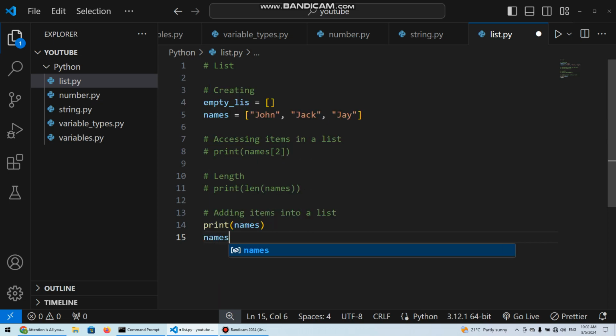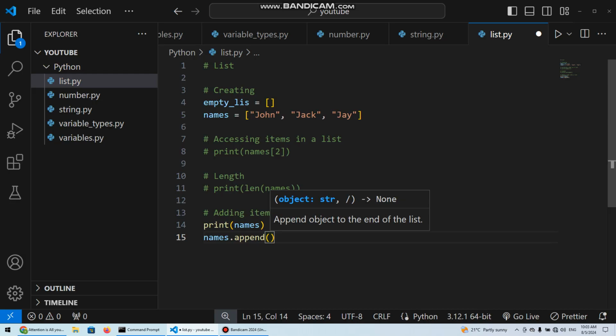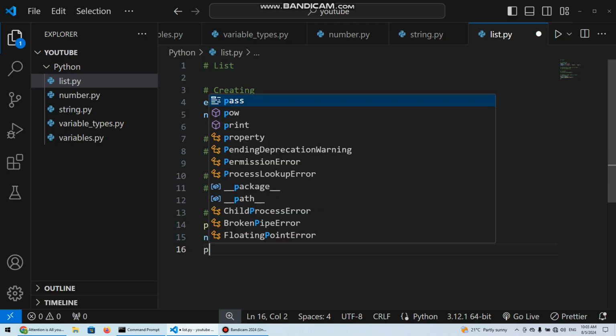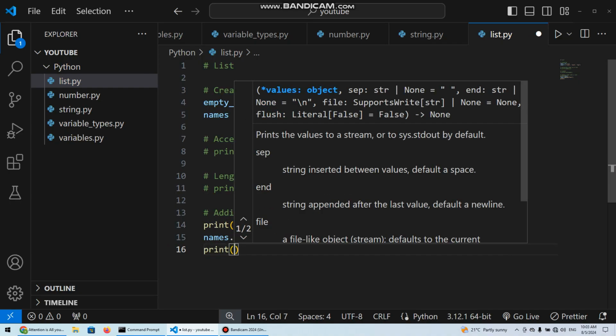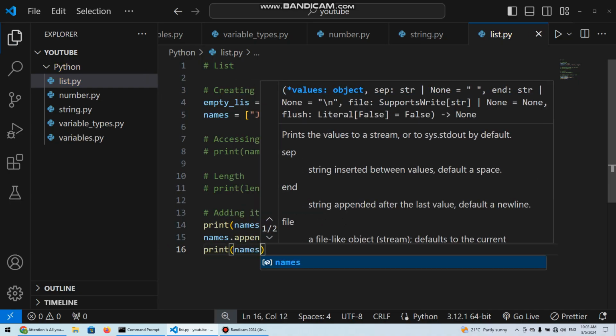You can say names dot append, and we pass the name we want to add. We already have John, Jack, J. We can say we want to add Mark. After adding Mark, if you print names again,